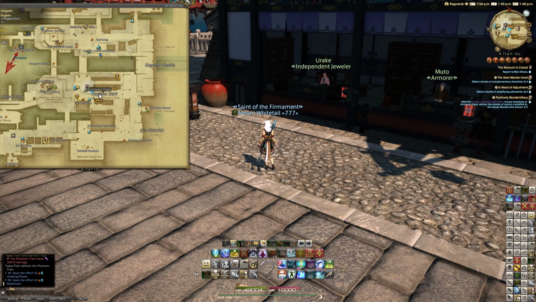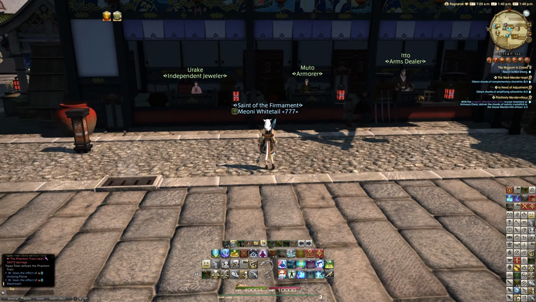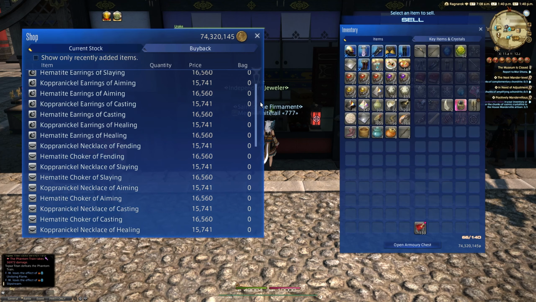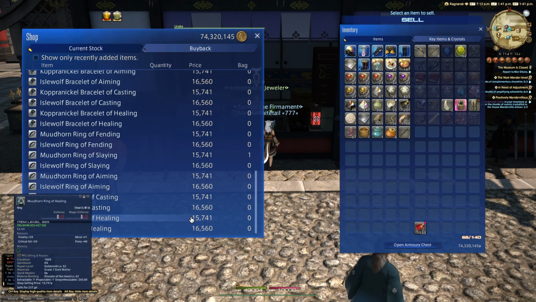You need to be level 62 at the very least to actually equip these rings. Go over to Urake in Kugane. This is the character that's found in the Kugane markets, right next to Muto and the other guy, the Battlecraft guy. This is actually the jewelry supplier, and you can get the ring for